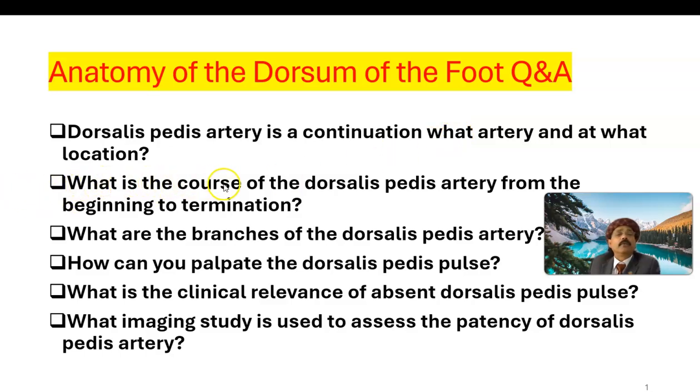What is the course of the dorsalis pedis artery from the beginning to termination? Dorsalis pedis artery passes over the dorsum of the foot lateral to the tendon of the extensor hallucis longus. It goes to the first intertoe space, and before going there it gives multiple branches. At the very beginning it gives some tarsal branches like the medial tarsal artery, and close to its termination at the base of the first intertoe space it gives the arcuate artery,